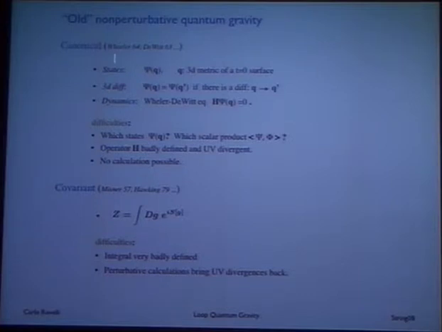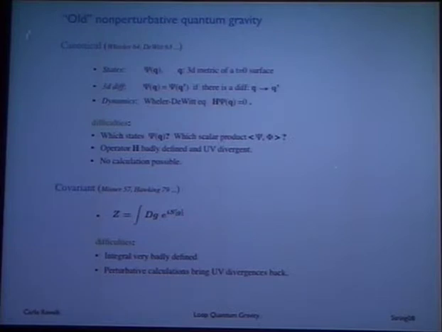Now, let me remind you, I think that most of you are more or less familiar with old ideas about non-perturbative quantum gravity. In the canonical framework à la Wheeler-DeWitt, or the covariant framework, mostly associated with the name of Hawking, here you have a function of a geometry, invariant under diffeomorphisms, the Wheeler-DeWitt equation. Here you have an integral over all four-geometries, with or without an i. Now, these are beautiful ideas that have inspired much work, but they have never worked by themselves for defining a theory where one can compute things.